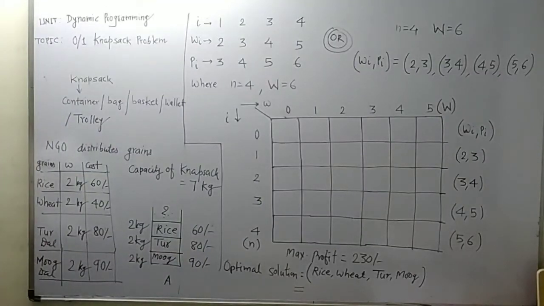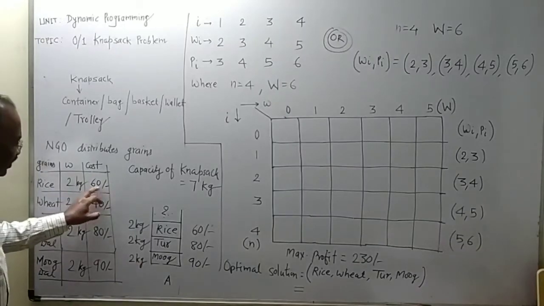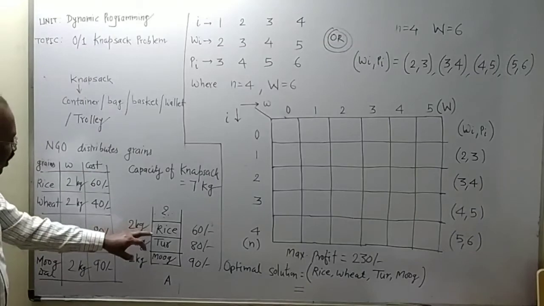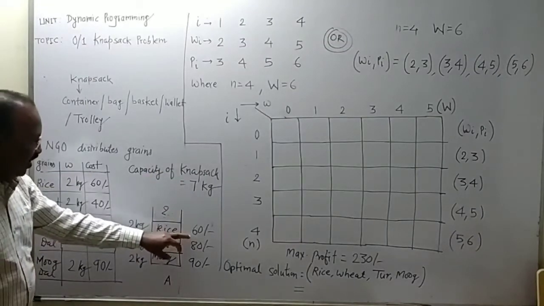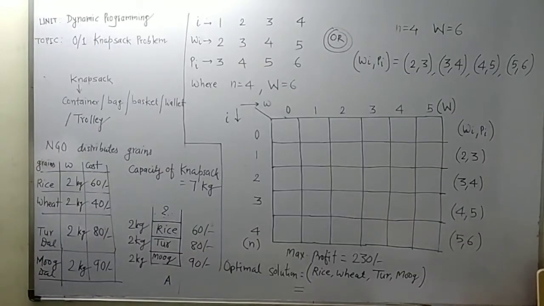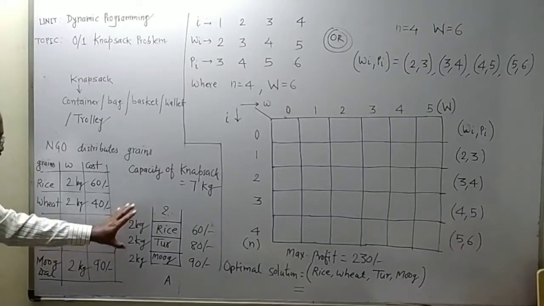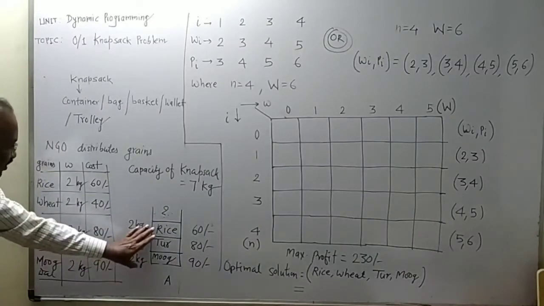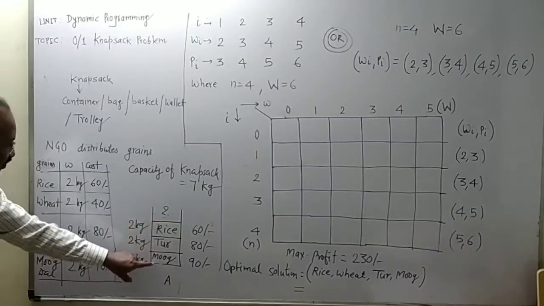Then he will select the rice, because the rice of 2 kg has the price of 60 rupees. That's why the person will select the rice as the third grain, okay, and keep it in the knapsack, and its cost is 60. So in this way, out of 7 kg, 6 kg of capacity is filled up and